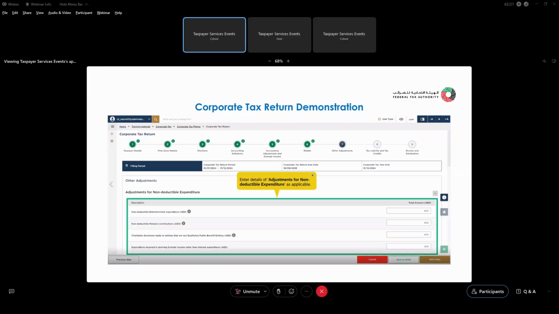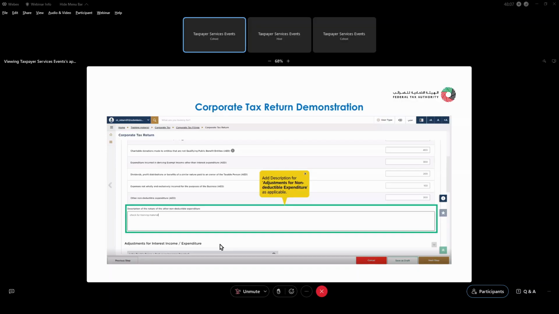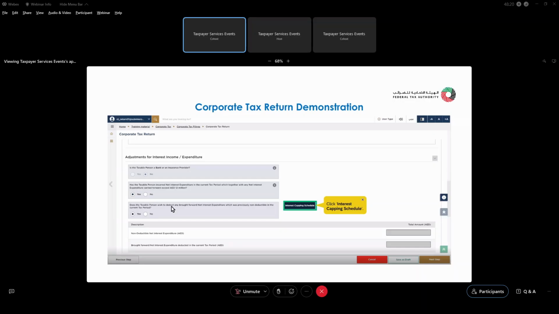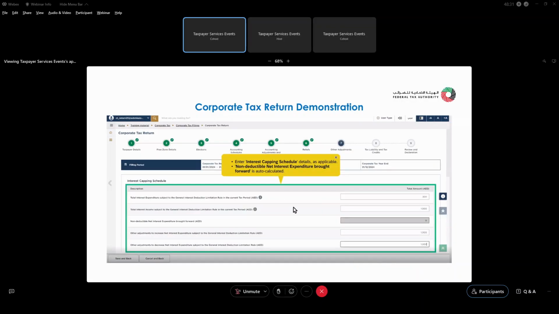You will start by entering the details of the adjustments for non-deductible expenditure, and you will proceed by adding the description for the same. You will move by scrolling down to the adjustments for interest income or expenditure by answering the questions carefully, and if you answered with yes, you will need to add the interest capping schedule by clicking on the blue box highlighted, and you will have this pop-up page